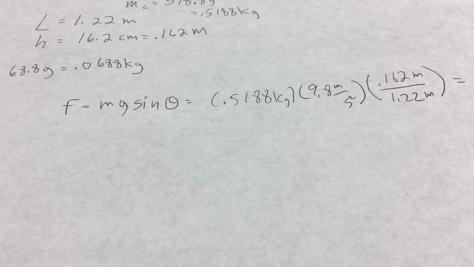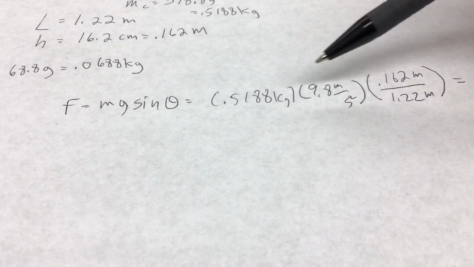So grab your calculator and calculate away. I'm going to start out with this, it's easier. So 0.162 divided by 1.22. Okay, then I multiply it by 9.8. Then I multiply that by 0.5188. All right, so I got